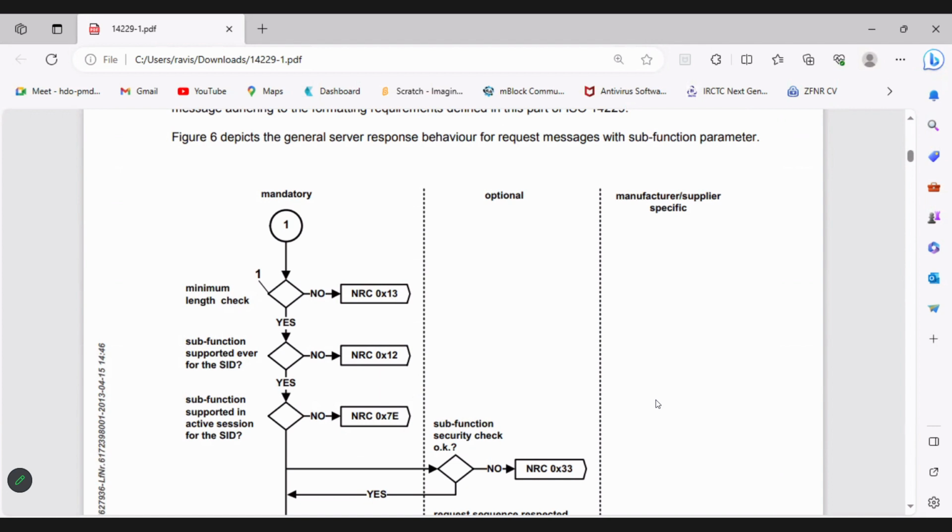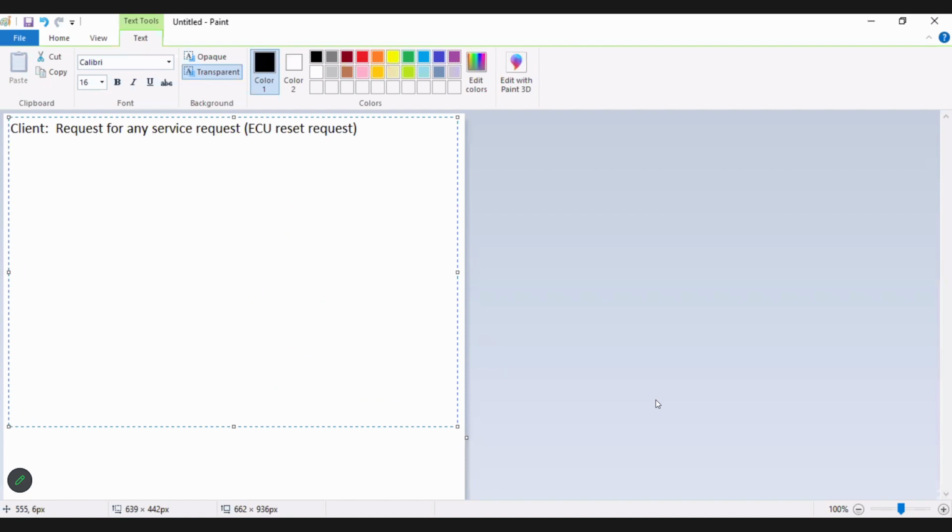We had a question, right? If you see here, first the ECU will check if that length is within 2 byte request. Okay. If yes, then inside